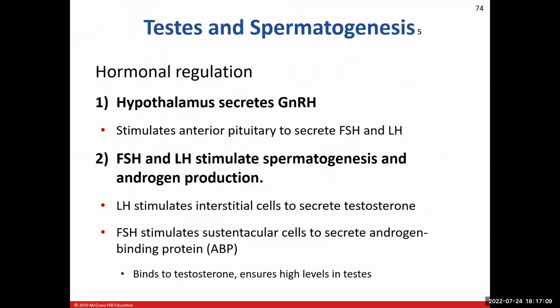All right, so since we're talking about the testes and sperm, we need to talk about spermatogenesis. And let's discuss first hormonal regulation. We talked about this a little bit with the female reproductive system. So let's talk about it with the male reproductive system. The hypothalamus, of course, that is the gland that is going to get this show on the road. And it is going to release GnRH, gonadotropin releasing hormone, which is going to then stimulate the anterior pituitary to